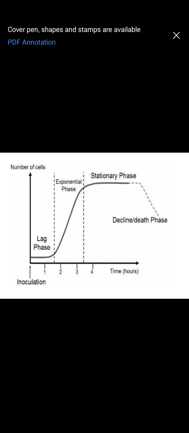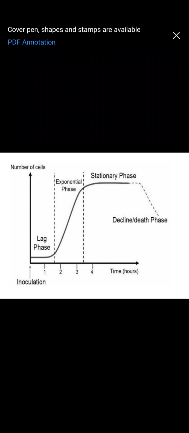Now there are reasons as to why the number of cells remain constant. One, the organisms were used to growing in one particular environment, so a sudden change in the environment is a little difficult for them to adjust, so they take their time for adjusting to the new environment. There is change in pH, there is change in alkalinity, there are many different nutritional changes. So there are many changes which the organism needs to adapt to, so that is the time they are taking to adapt to the new environment. That's the reason they are not increasing in number even though the time increases.